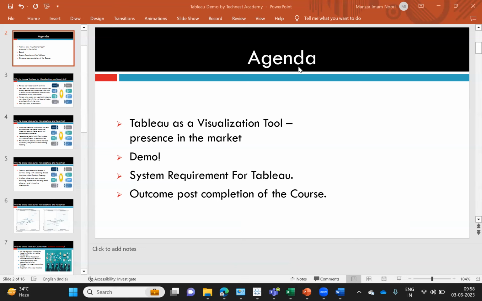Okay, so that's all we have for today's session, and we will see from tomorrow. We'll start from the very first thing, connecting to data. I will ask you to download Tableau Desktop today, or even tomorrow morning, because you have a 14-day trial license. So you can download it tomorrow morning and install it. I will provide the data, or the data is also available in Tableau, the sample data.